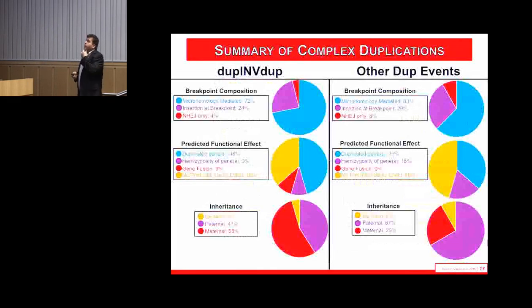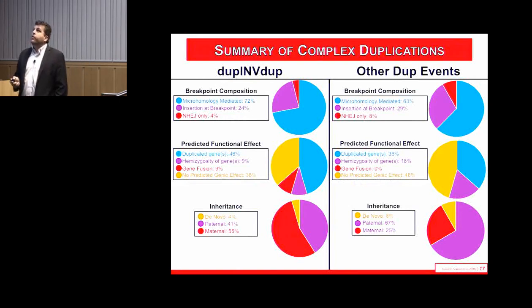Okay, so in summary of these really complex duplications, where we're characterizing the breakpoints, and we're pretty much done with them, a large portion of them are microhomology mediated. You might have guessed this. It suggests some sort of microhomology mediated template switching. I had a good time talking to Tom Glover today and thinking about this. We see insertions at the breakpoint a huge number of times, again suggesting some sort of template switch that's happening.